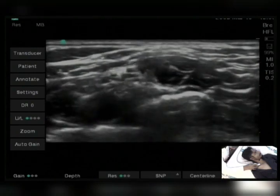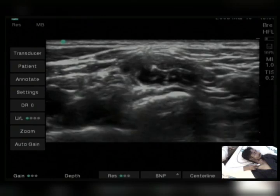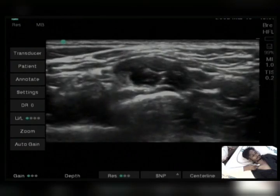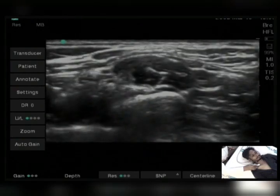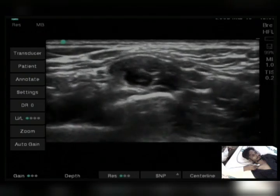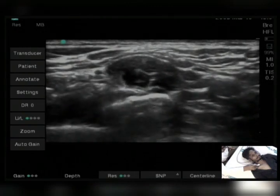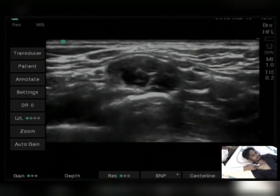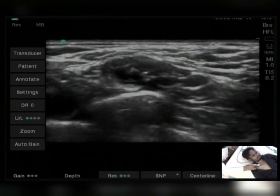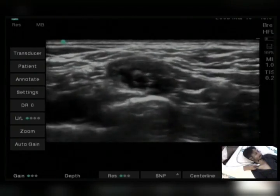Can anyone tell which nerve lies in the substance of the middle scalene muscle? Anyone? Anything else? Another nerve? Root and trunk level, branches of the brachial plexus. Long thoracic nerve. Right? So while puncturing the middle scalene, you have to take care of these nerves and vessels,